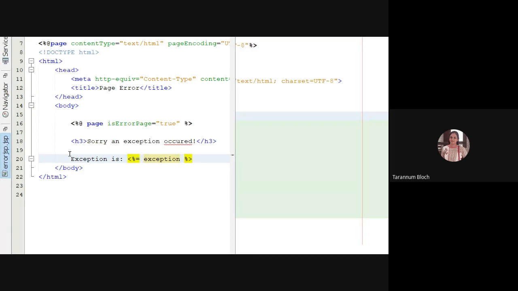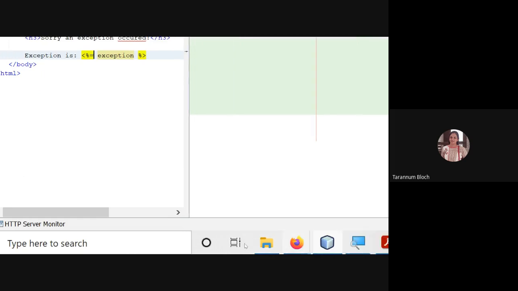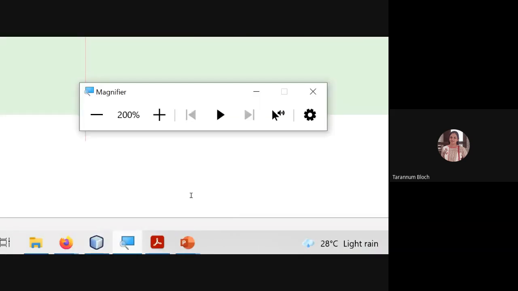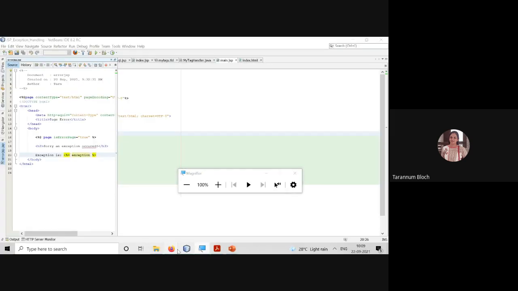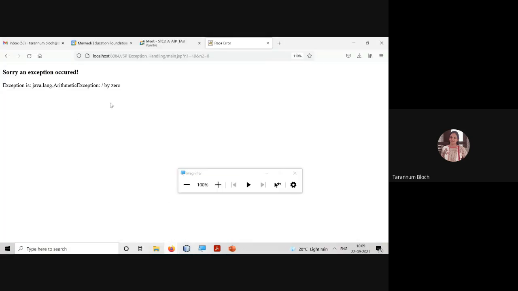Exception will give you the error message, and that's what you have seen in the outcome, right? When NumberFormatException or divide by zero exception occurs. So exception is, and this is coming from the implicit object.